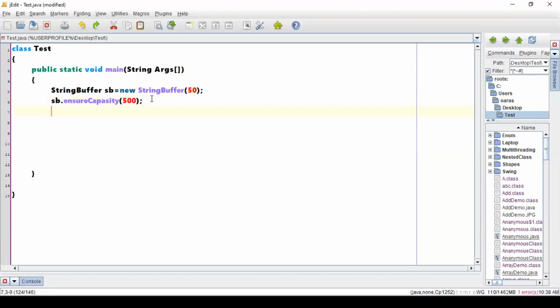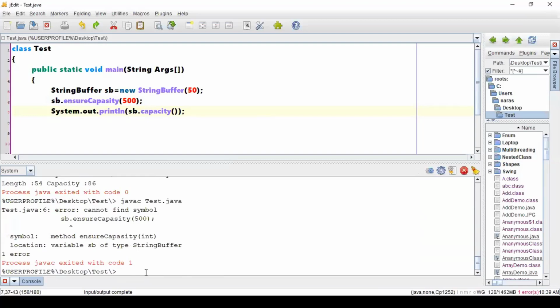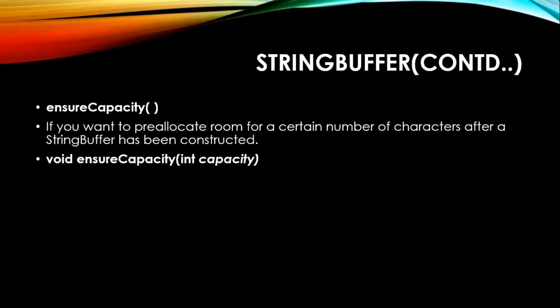Okay, let me cross check what the value of the capacity is at that position. System.out.println, I want residual dot capacity. I'm just cross checking. Cannot find symbol ensure capacity. What was the name I wrote?